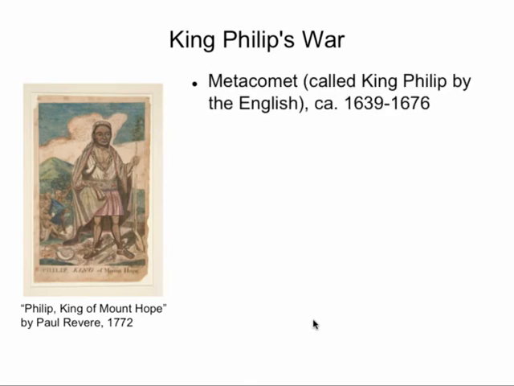King Philip was the chief of the Wampanoags. He was one of the sons of Massasoit. His Indian name was Metacomet, and he had become the chief after the death of his father. Metacomet was getting very disgusted with the English settlers, somewhat like Opechancanough in Virginia. He saw that the settlements were growing, they were expanding, more and more land was being taken from the Indians. He really didn't trust the English, and especially he didn't like that the English were trying to convert the Indians